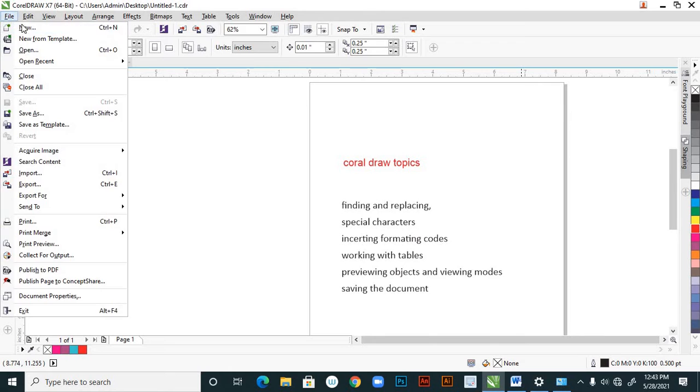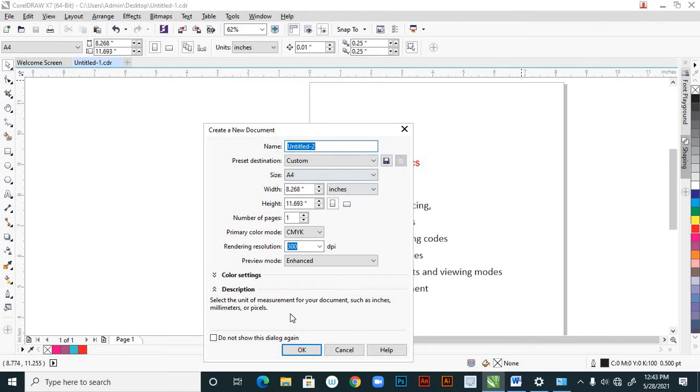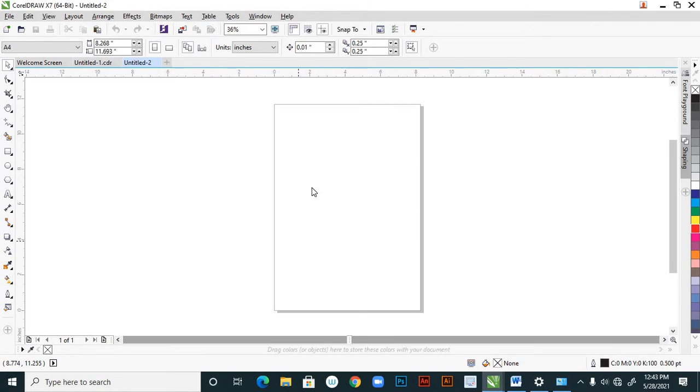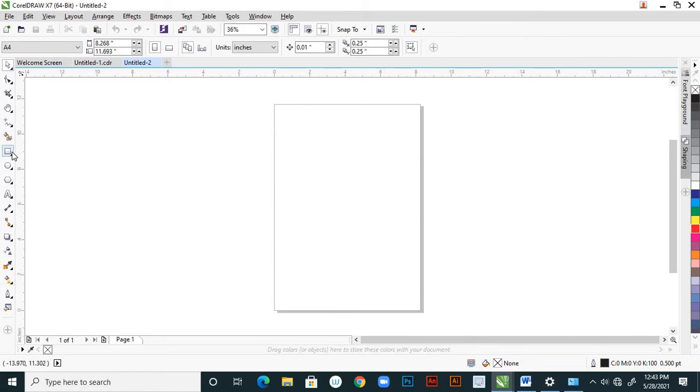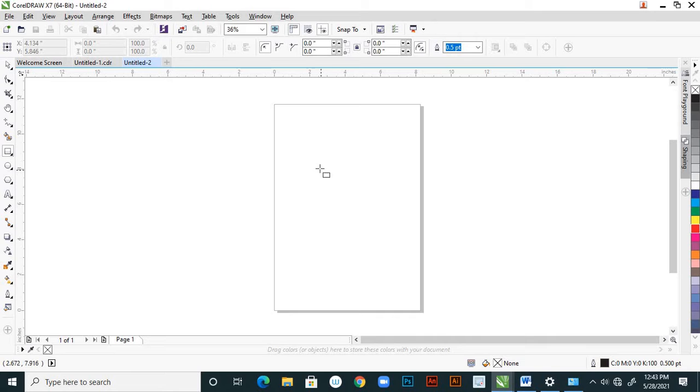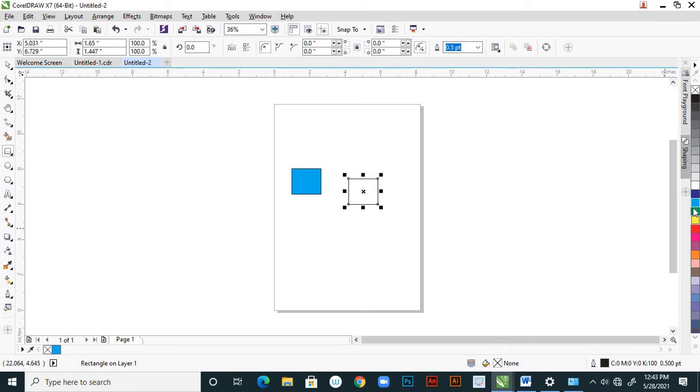Yes, so take a new page, that can be any size. First we have to create a few objects, like suppose this one, and this one in the same color.